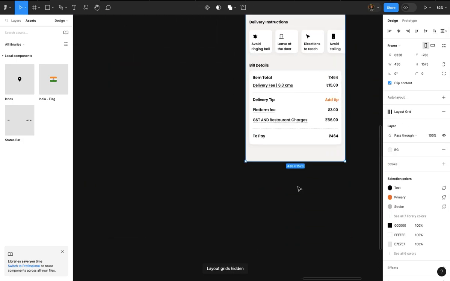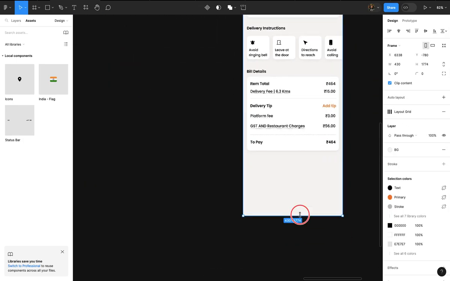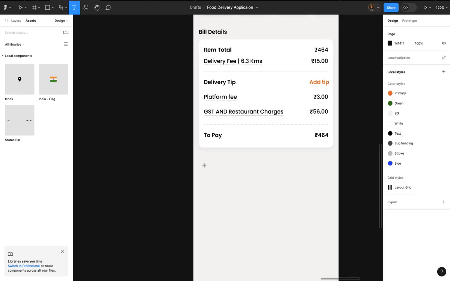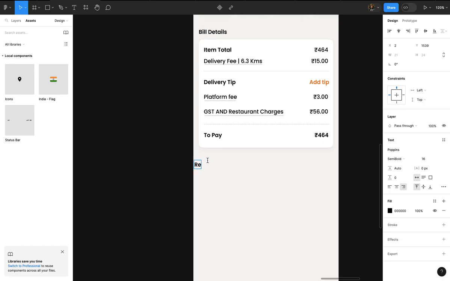Remove layout grid, and write the text called review your order and address details to avoid cancellations,